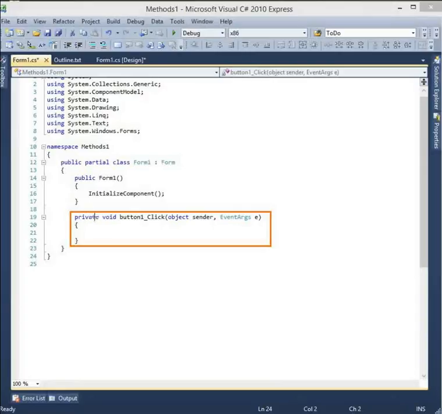We got the access modifier. It doesn't return a value, so we have void. This is its name, and this is its parameter signature. This is a method, it's just specifically an event handler. It's handling the event. So okay, let's go ahead and